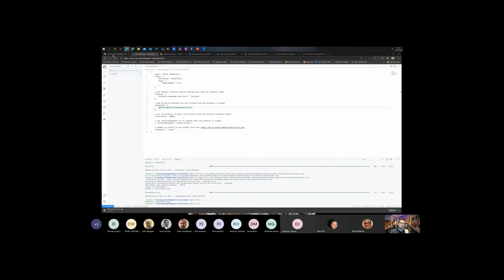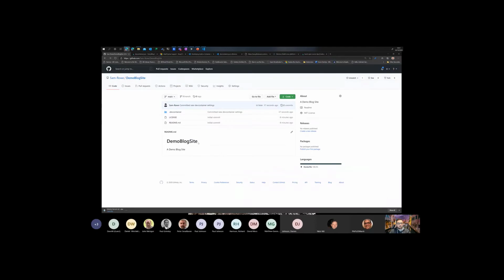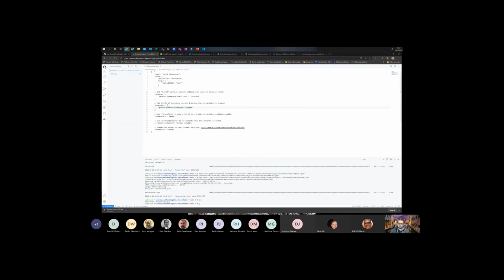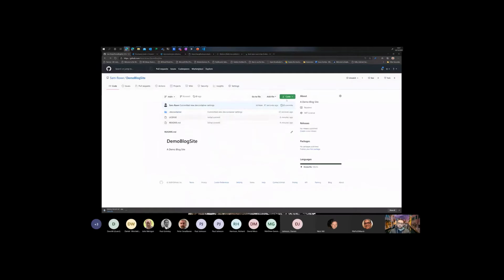and we can see that that has now synchronized in the background. So if I go back to my blog site and quickly refresh, we can now see I have a .devcontainer folder in there. We're not quite running at this point. So if I close this tab and I go back to here, I can see that I still have the